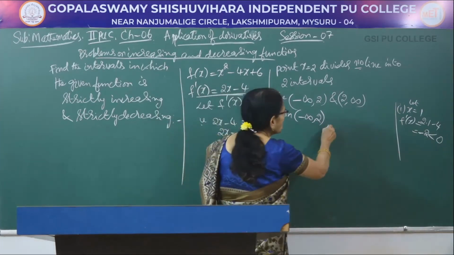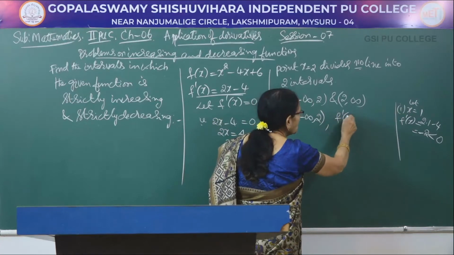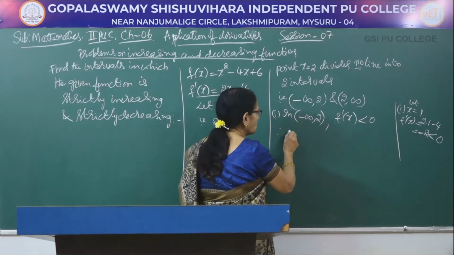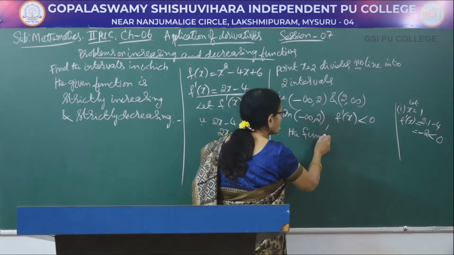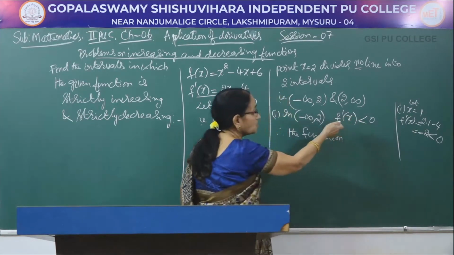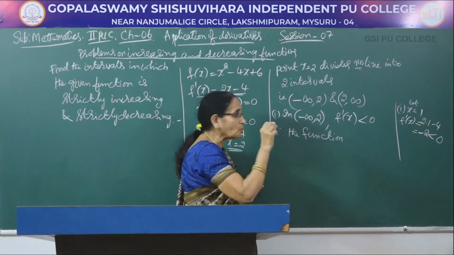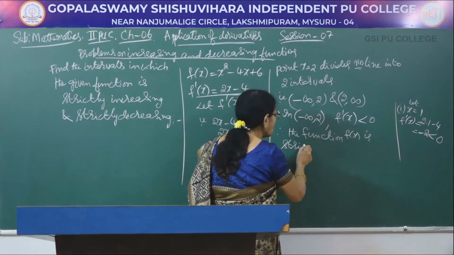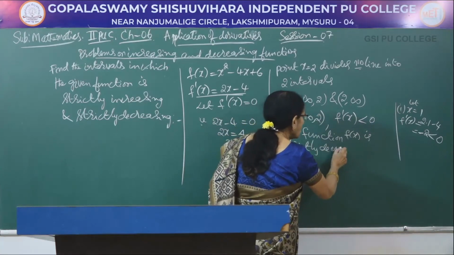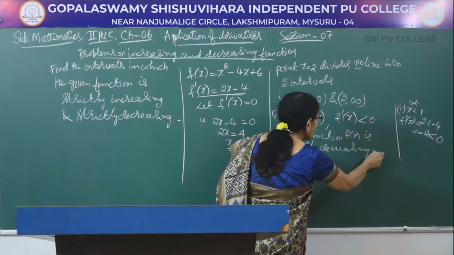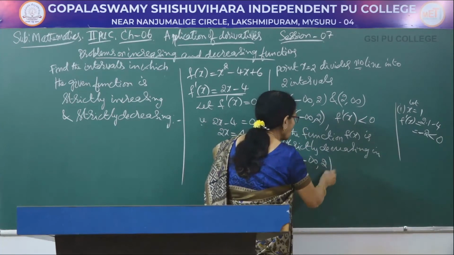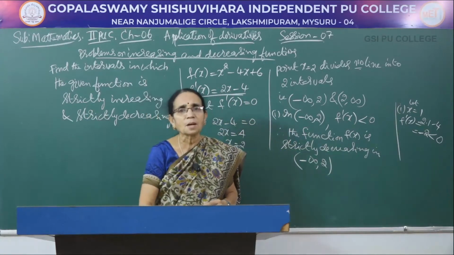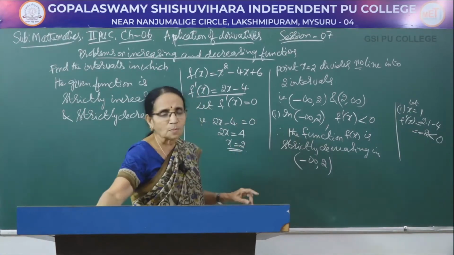Therefore, first you write. You can show that in the working column, right? In minus infinity to 2, f dash x is less than 0. Therefore, the function, looking at the value of this one, we give the conclusion with respect to the function. The function f(x) is strictly decreasing in the interval minus infinity comma 2. That's the question I have asked you: find the intervals in which it will be strictly decreasing or strictly increasing. So, one part is over.